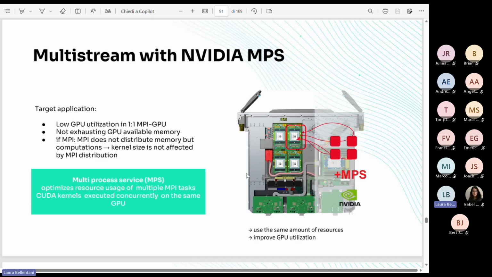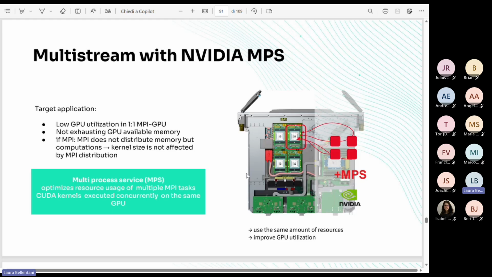So quite a good scale. But the problem is that the workload for each MPI task was small and resulted in low GPU utilization when using a one-to-one MPI-GPU approach. Moreover, each MPI task was not exhausting the available GPU memory, and the MPI tasks were basically distributing replicas.